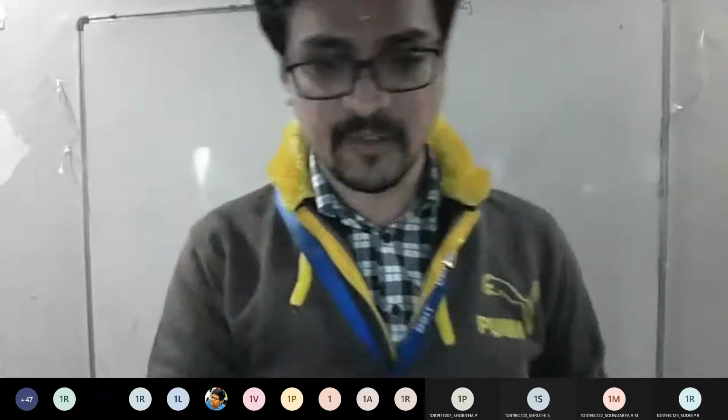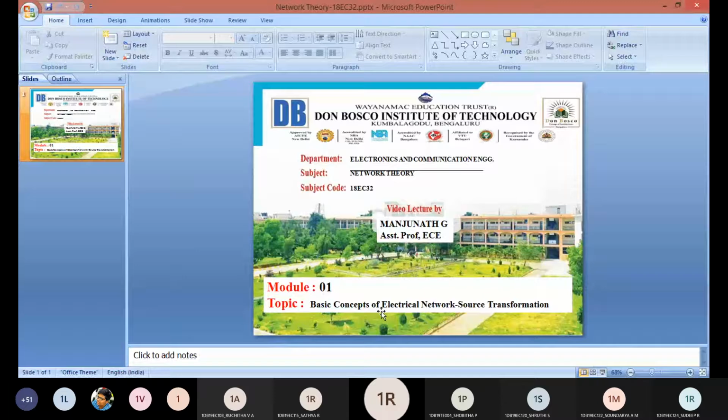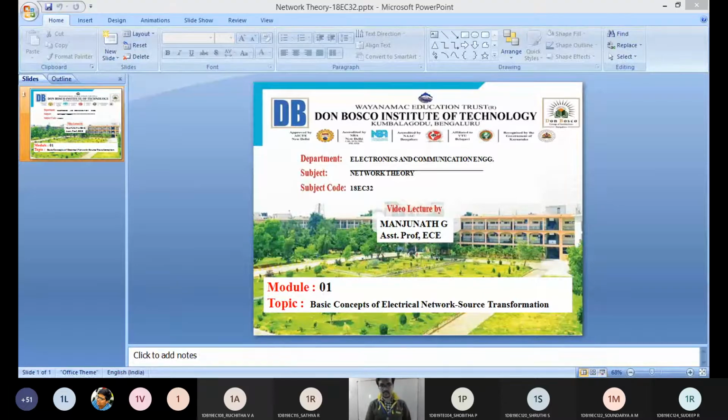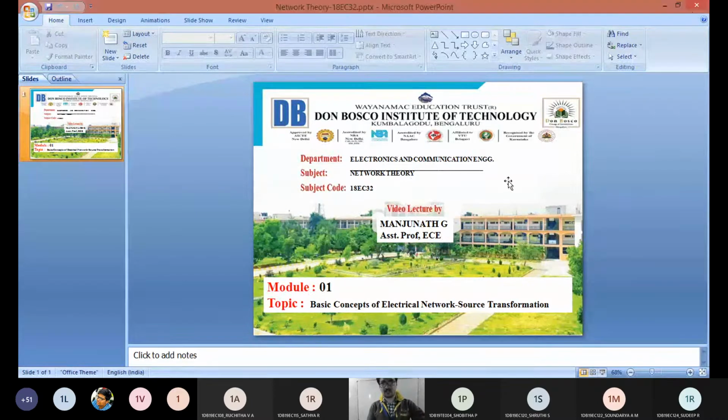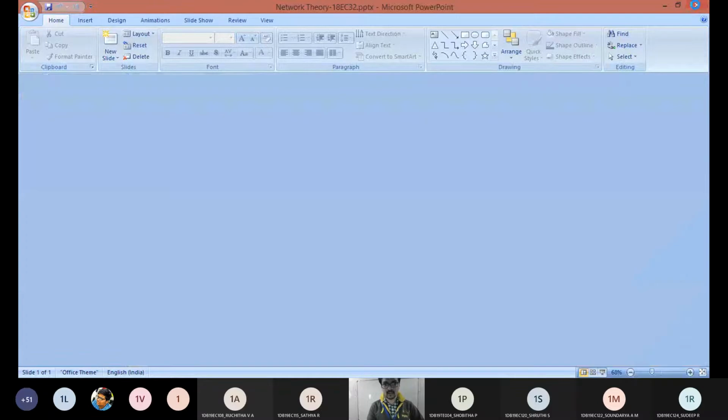In the last class, we finished KCL and a few problems based on your analysis of AC also. So today we'll deal with one more topic called source transformation. At the beginning, I think we were given a hint. Source transformation means converting voltage to current and current to voltage, depending upon what is given. So we'll proceed with the same logic using problems.